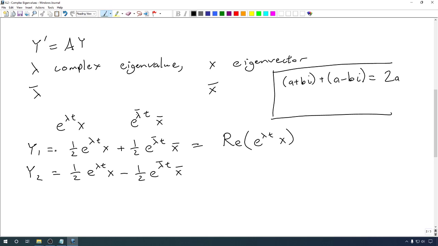But the point here is, even though we're working with these complex functions, when we combine them in this way, we get a real function. And that's very important. That allows us to simplify what we have. So we don't have to be working with complex functions anymore. We can get a solution that is just a real function. Same thing kind of here. If we subtract these two things,